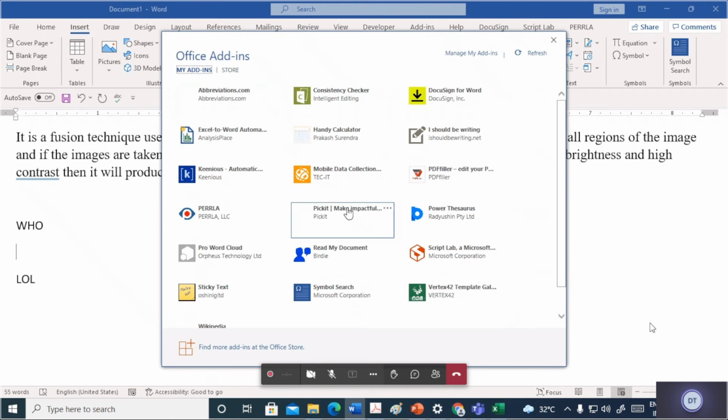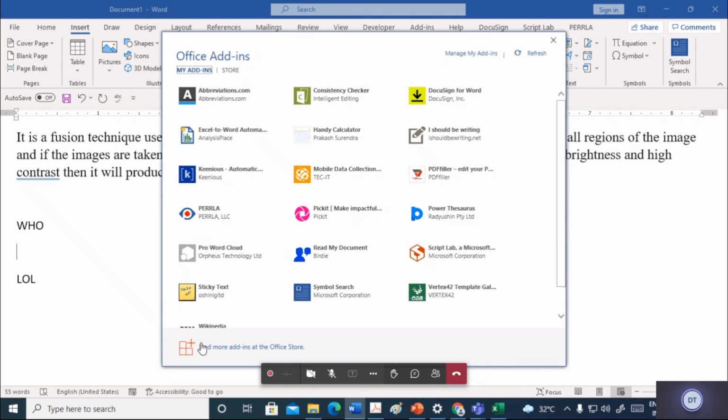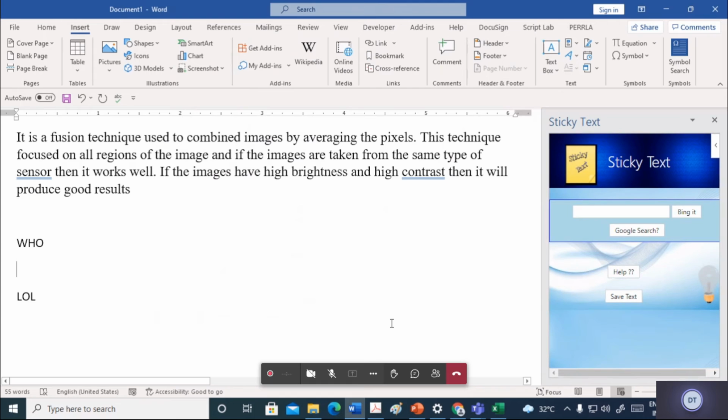I have already downloaded sticky text. Here it is. When you press Control C, your content is copied and put inside the clipboard.